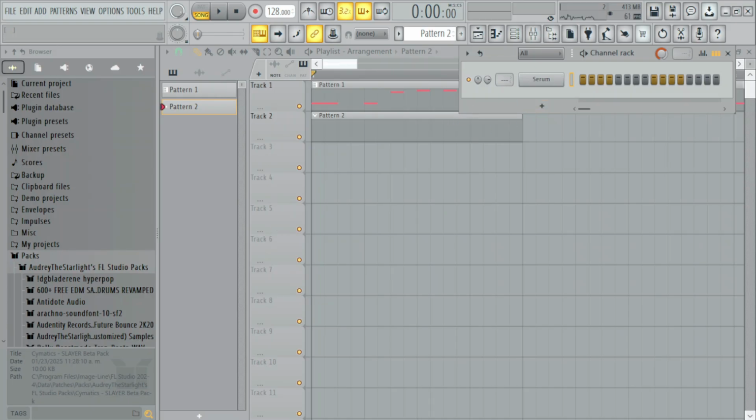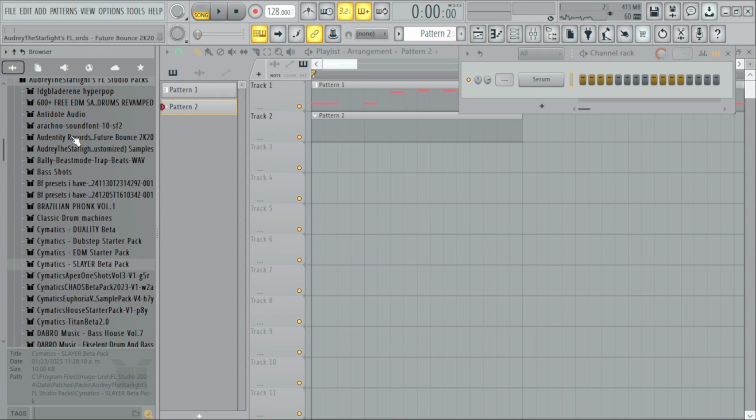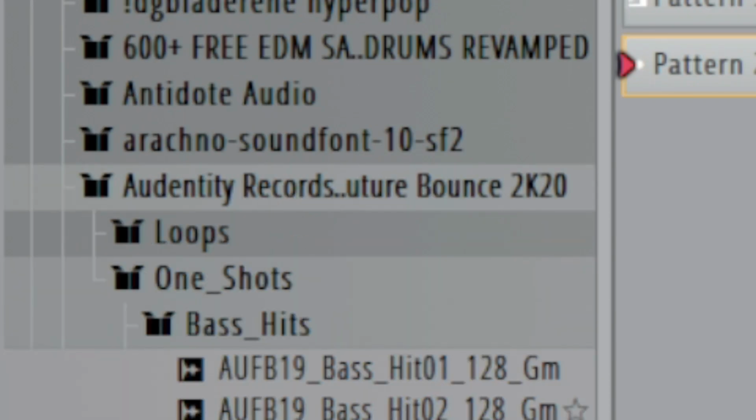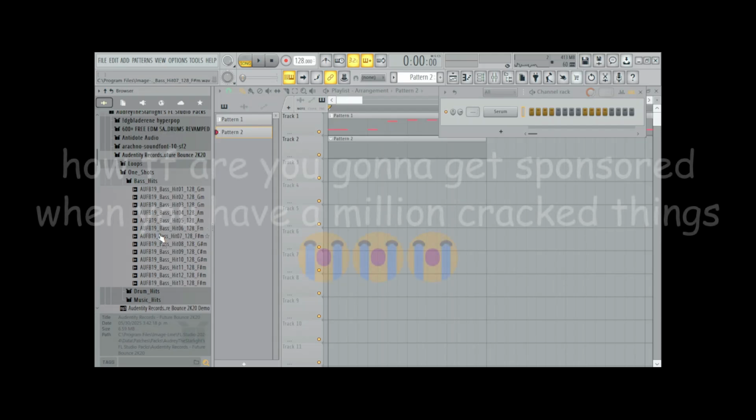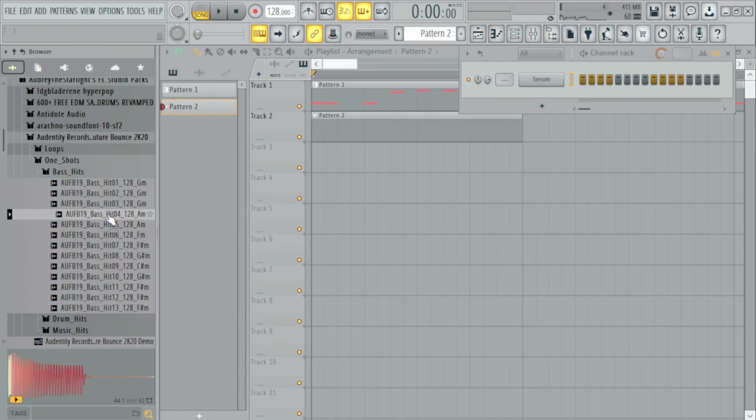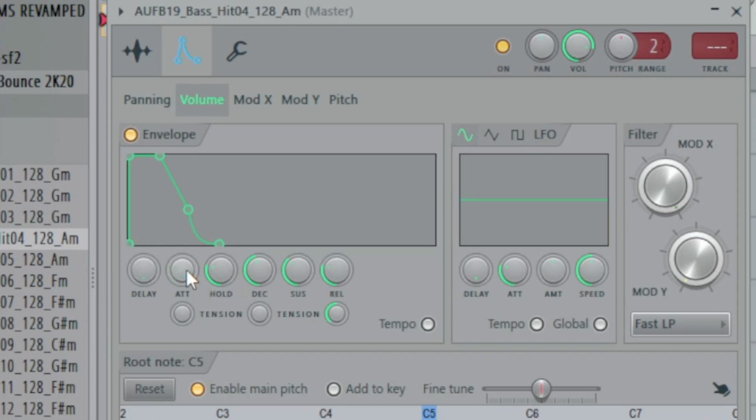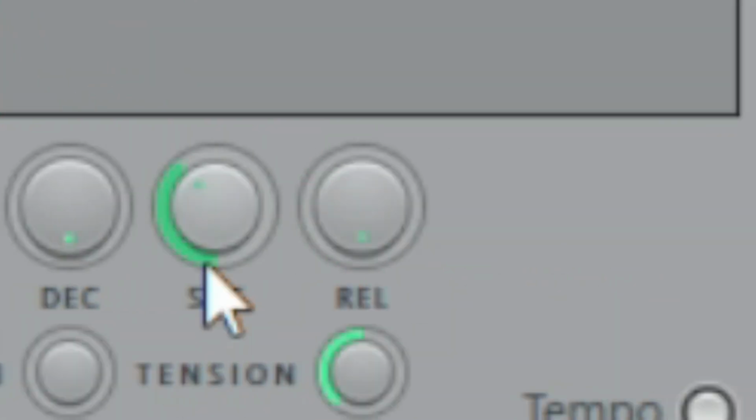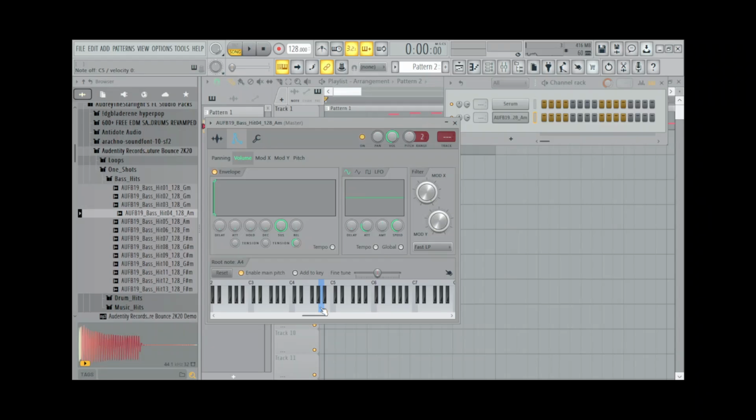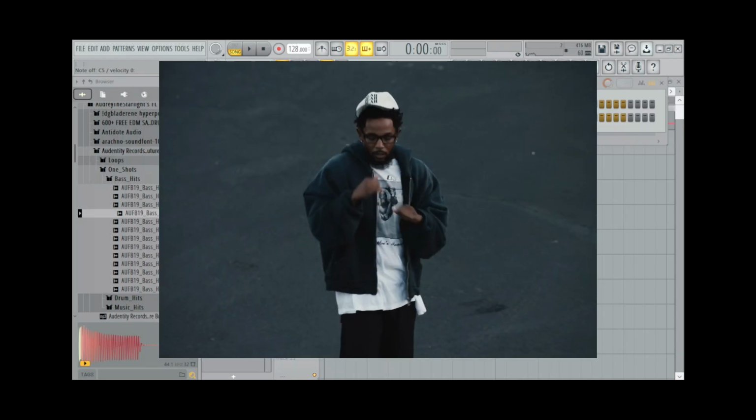So for basses, I usually grab basses from the Authentic Records Future Bounce sample pack. This video is not sponsored, by the way. I just like using this. This just sounds so clean. So I'm just gonna go attack, hold, decay, release, right click, A sharp minor. A sharp minor, I said, oh my god, A minor. I'm gonna